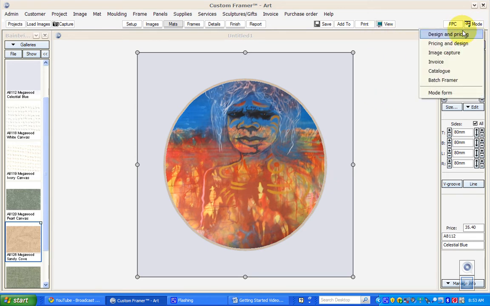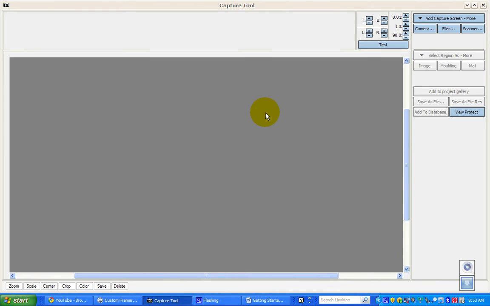You need to go to the image capture mode, and in this you can add a shape by drawing one in a program like Paint or Photoshop, or you can cut a shape using your computer mat cutter, your CMC, and then photographing that cut, and then using that to make the new shape in the program, which is what I've done. So I'm going to go to my camera,